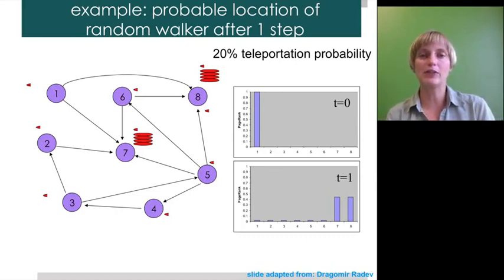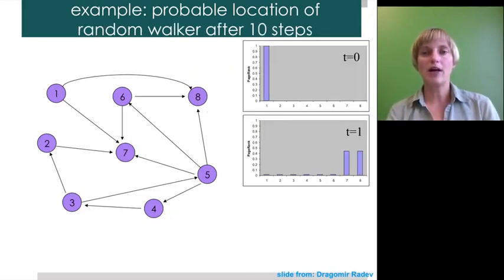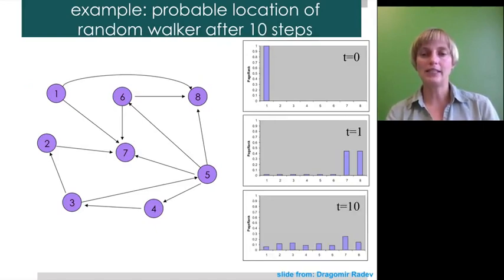And so after the first step, we have most of the probability being at 7 and 8, but also he could have teleported elsewhere in the network. If we go on and look at what happens after 10 steps, you find that there's a lot of probability around 7, and this indeed makes sense because 7 not only has high in-degree, but some of those nodes like 2 and 5 and 6 actually have other nodes feeding into them, and so recursively 7 should have high